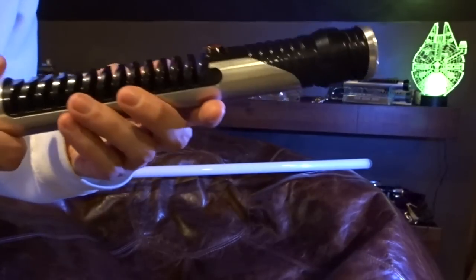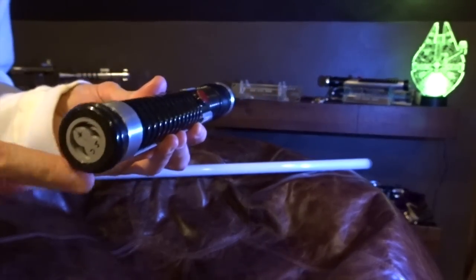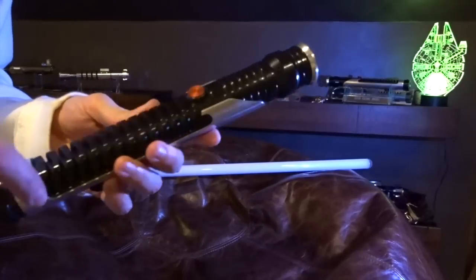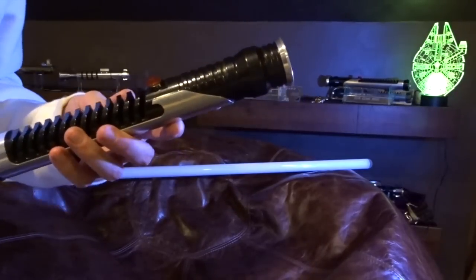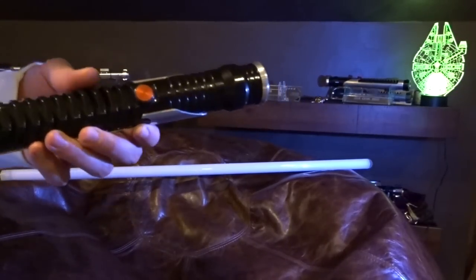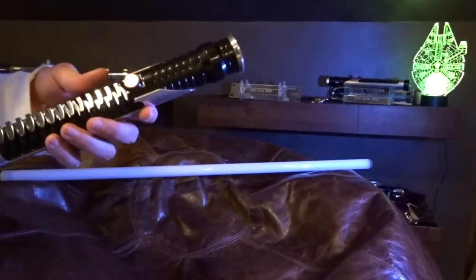So you're really hurting for space in here, but there was a little bit of space there that I tucked away a RICE port. So it's a full RICE port, it's not a connector or anything. So that's pretty cool. When you have an LS, you can adjust all the blade stuff through the RICE and get different blade effects like flicker,